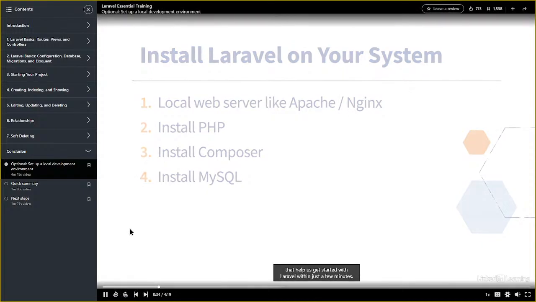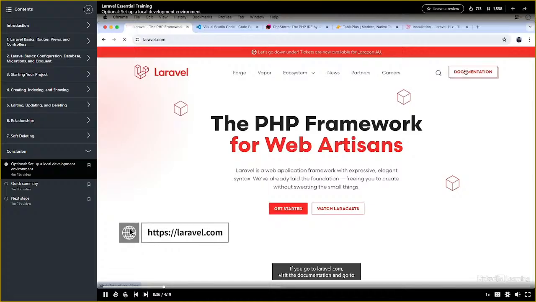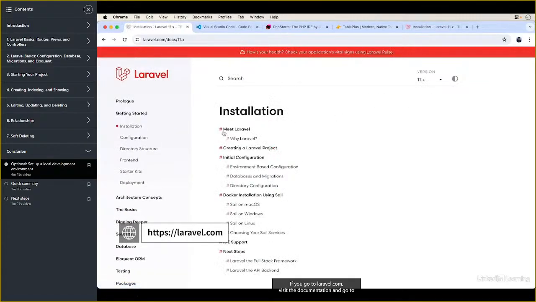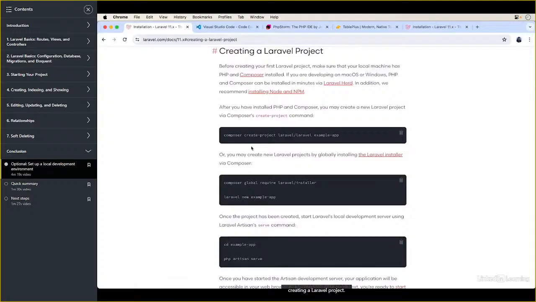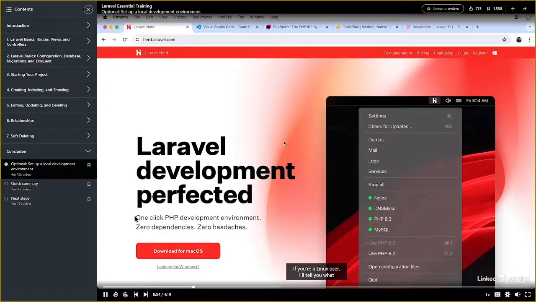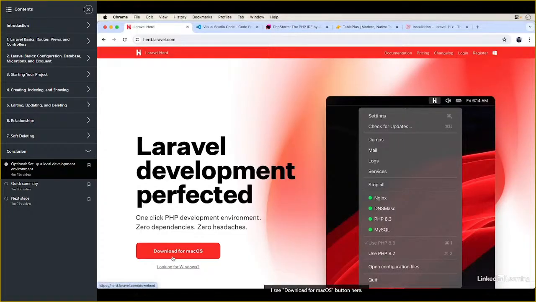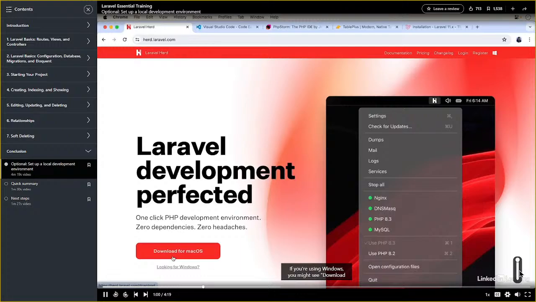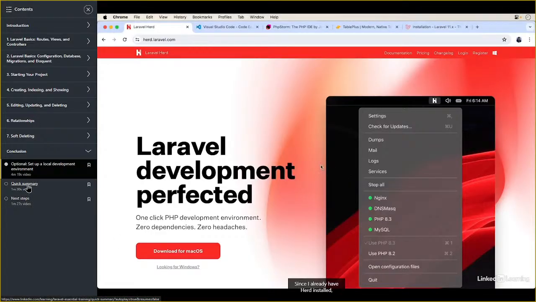If you go to laravel.com, visit the documentation, and go to creating a Laravel project, you'll see that the official documentation recommends using Laravel Herd. Herd is available on macOS and Windows. If you're a Linux user, I'll tell you what to do in a while. I see download for Mac OS button here. If you're using Windows, you might see download for Windows. Otherwise, you can go to this page with the Windows icon and you can download Herd for Windows. Install it just like any other application and you'll see a welcome screen and you can proceed with all the default options selected. Since I already have,